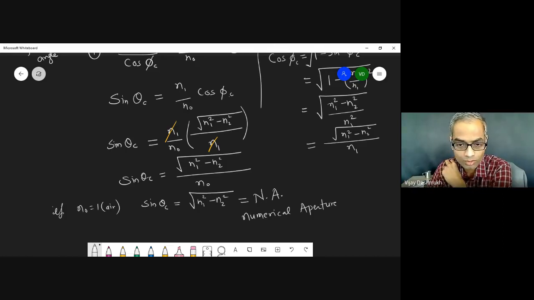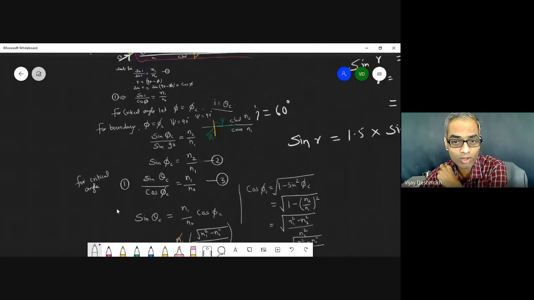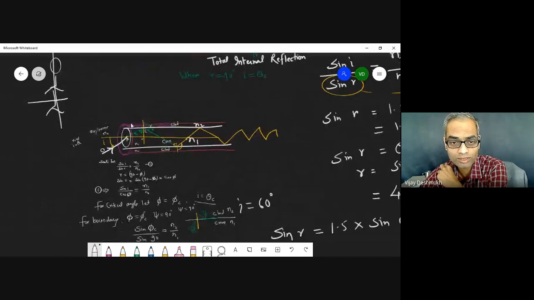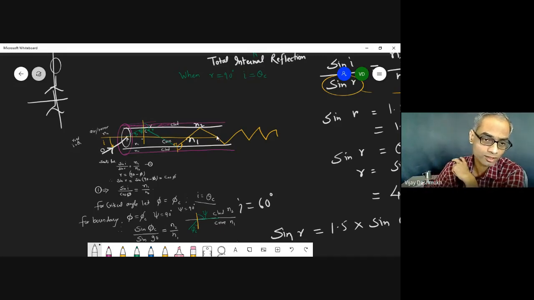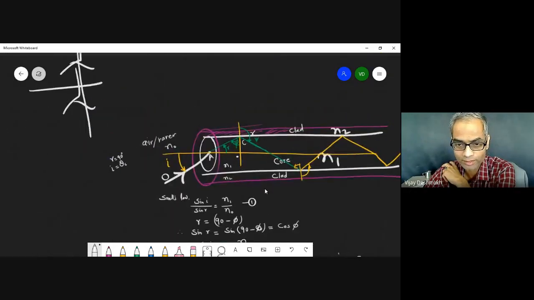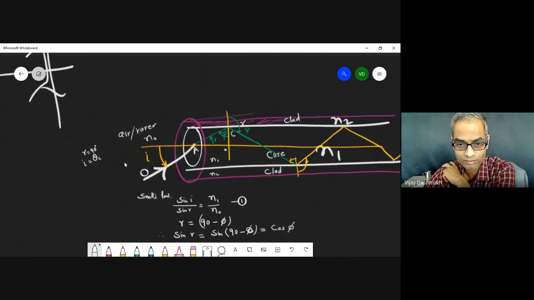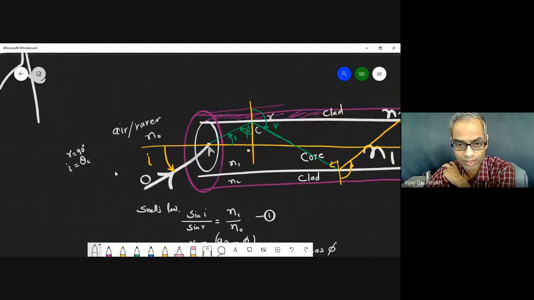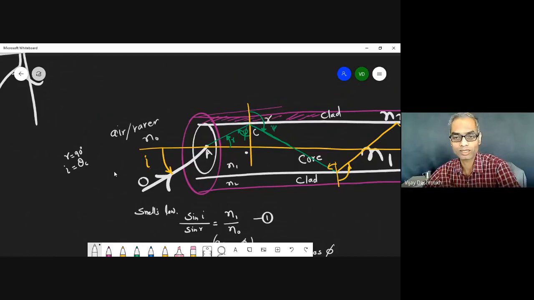Okay. So this is a typical angle, theta c, where you will get the light that will travel along the boundary of the clad and the core. Are you getting this point? Yes, sir. Let me enlarge this a little and take a two-minute explanation, okay? I know I am taking slightly more time, but let us finish this topic.